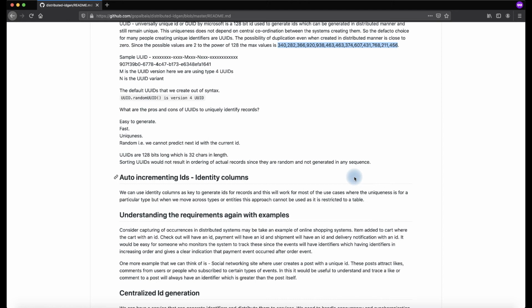For example, when the order is placed at 6 p.m. and the item gets delivered by 7 p.m., the item can only get delivered post 6 p.m., not before 6 p.m., because the order is not even placed. So it would be easy for us to go and track, okay, this is the sequence which it got. Else we can easily identify that the clock has reset and it has gone back to a previous time.